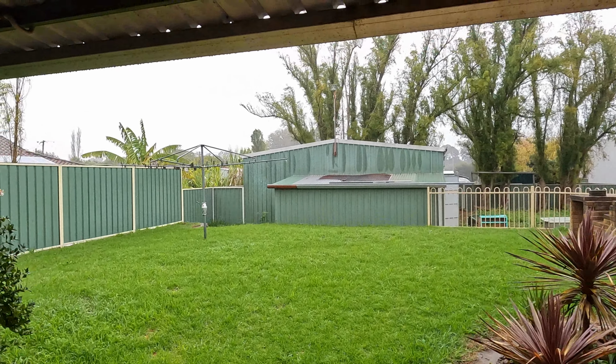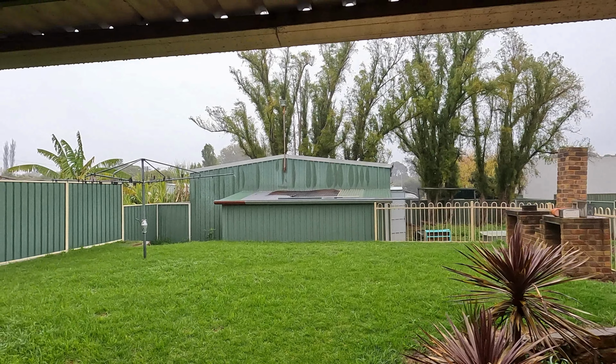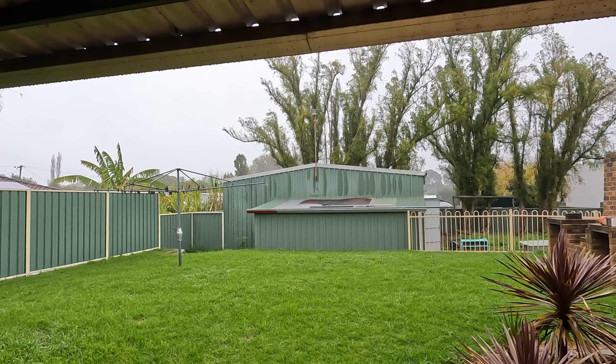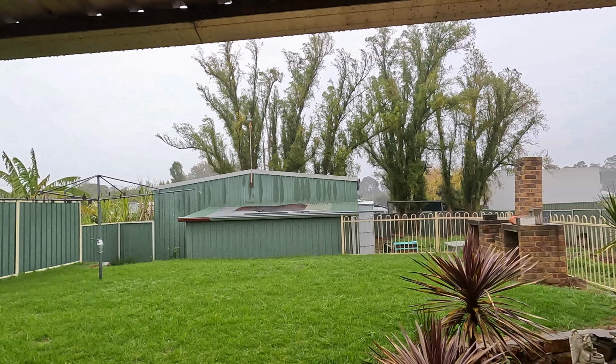Good morning everybody. It's just past 10 a.m. and you can't hear it through the camera, but through the microphone, there's a hum of generators all over town right now, which is good